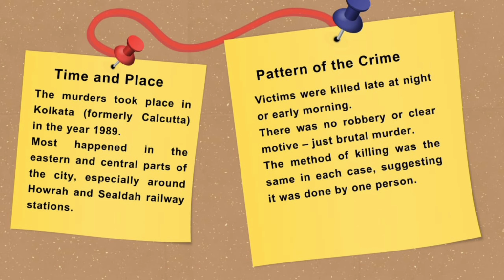Time and place of the murders. The murders took place in Kolkata in 1989 at the time of midnight. Most happened in the eastern and central part of the city, especially at the railway stations. The pattern of the crime: victims were killed at midnight or early in the morning. There was no clear motive for the murder. The method of killing is the same in each case, and it suggests it was done by one